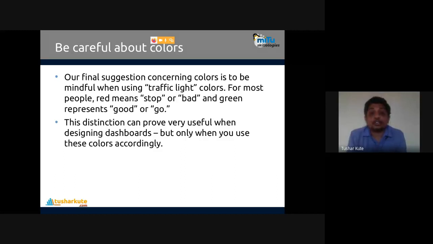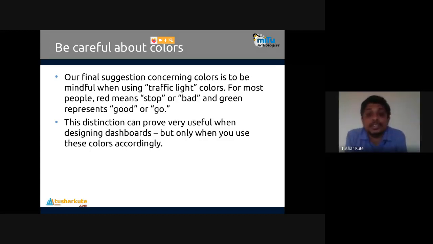The next one. Our final suggestion concerning color is to be mindful when using traffic light colors. We have seen that in one of the dashboards also. Red means stop or bad, and green means good or go. If you have to show an up arrow, show it in green, and a down arrow in red.